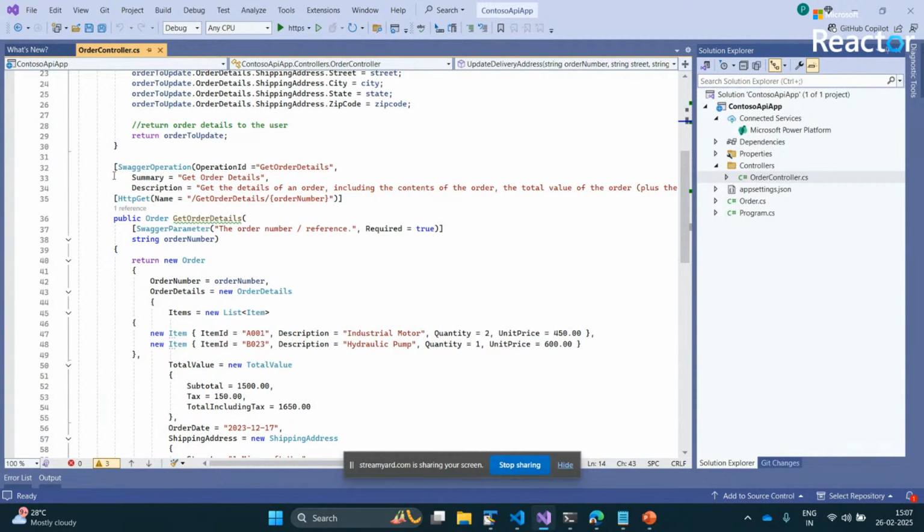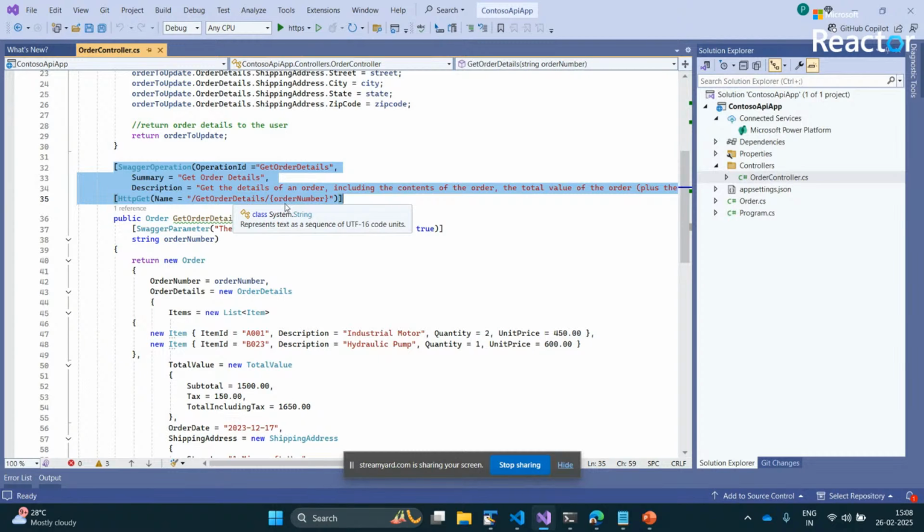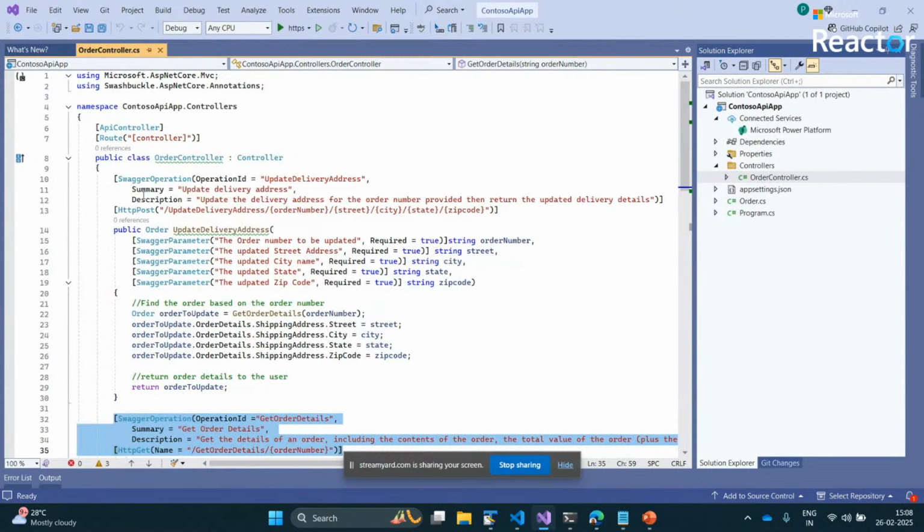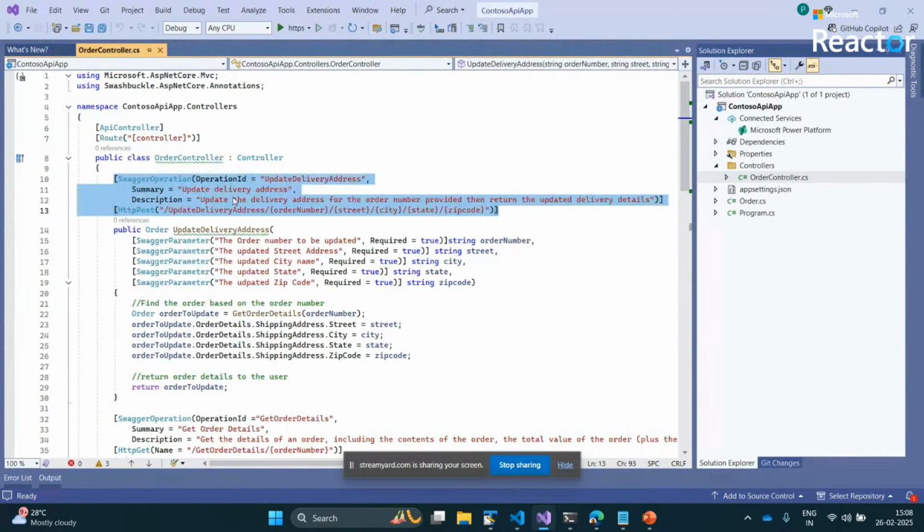Here you can notice that my API specification has been mentioned as a Swagger. Here the method is get, and for this API we need to provide the order number. And we have provided the description of this API, summary and everything. Similarly, for updating the delivery address, here too we have defined the Swagger details and the summary for this API. And this is going to be a post method. To update the delivery address, I need to provide the order number, street, city, state, and zip code,